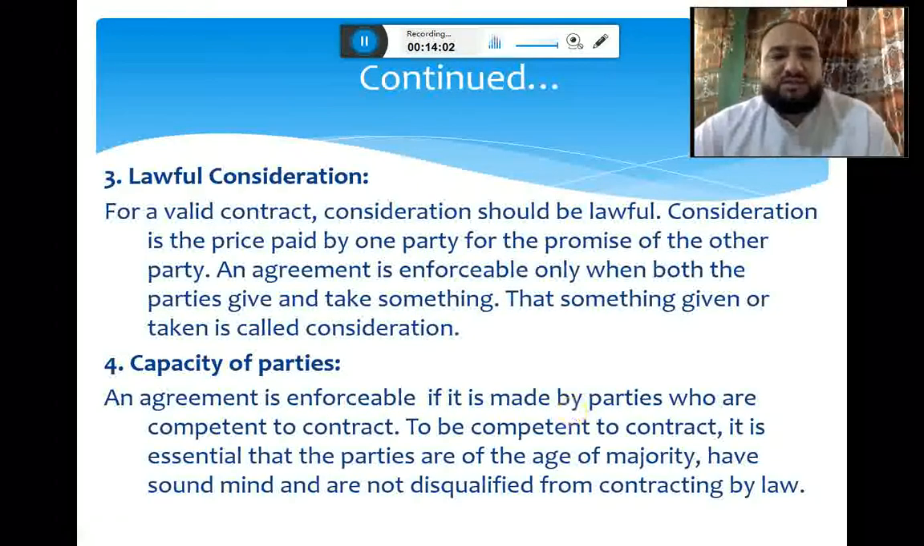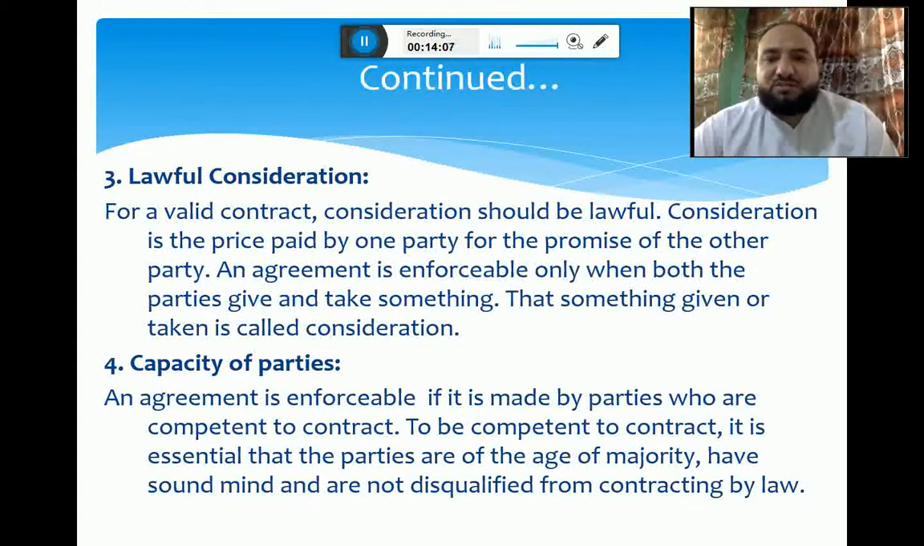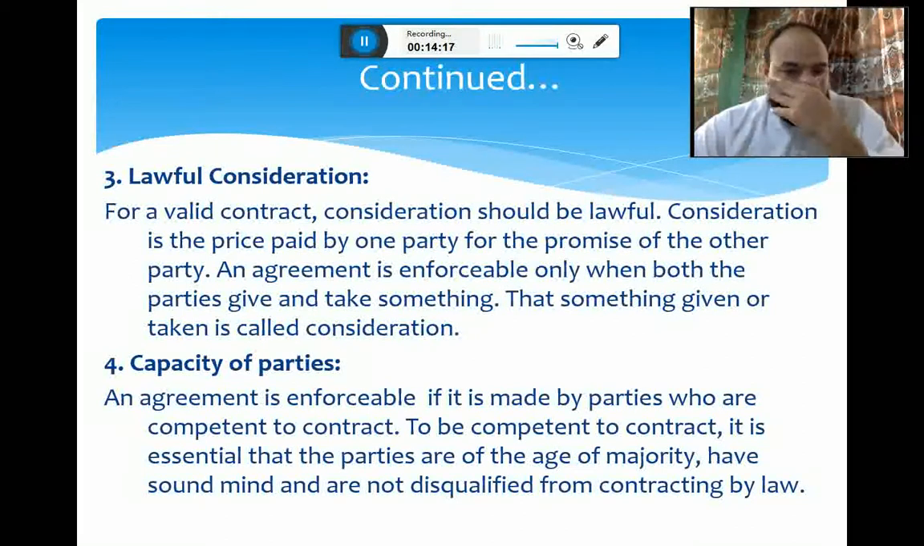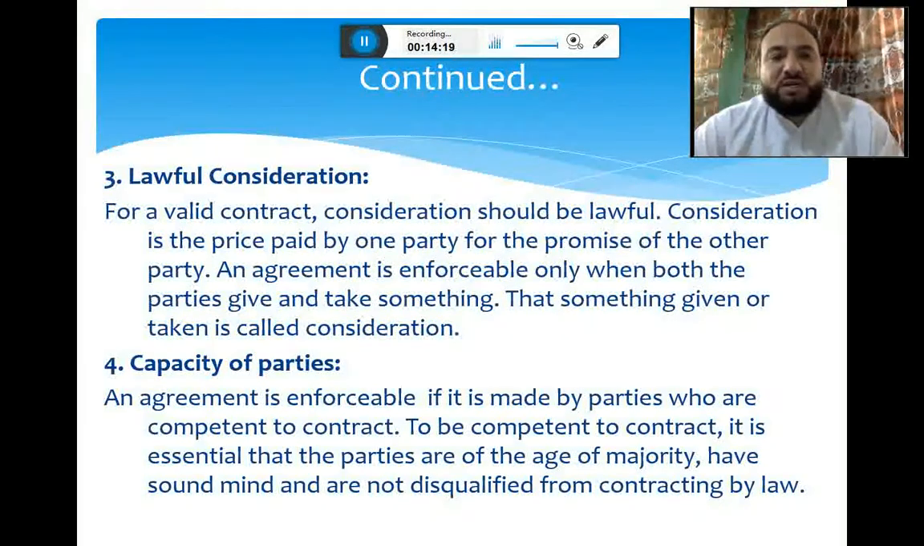Lawful consideration. What is lawful consideration? For a valid contract, the consideration should be lawful. Consideration is the price paid by one party for the promise of the other party. So that price, that economic benefit, is consideration, which is paid by one party and received by the other party